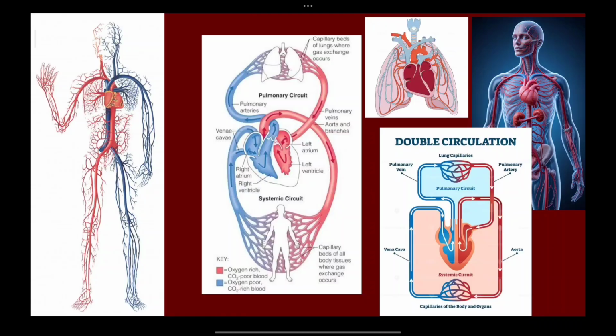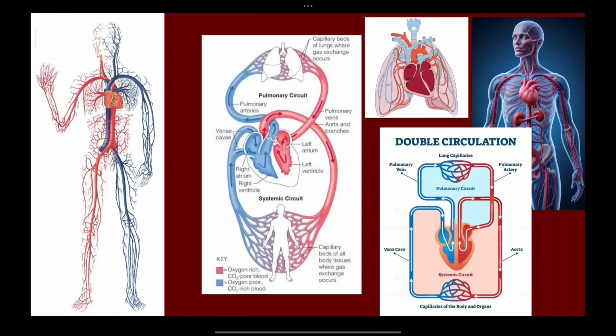In today's class, we will continue our study of the CVS system, focusing on three important areas. Today's video will be about systemic circulation, pulmonary circulation, and branches of the aorta. The systemic circulation is the pathway that carries oxygenated blood from the heart to the entire body and returns the deoxygenated blood, whereas the pulmonary circulation is the circuit that transports deoxygenated blood to the lungs for oxygen exchange and brings the oxygen-rich blood back to the heart.